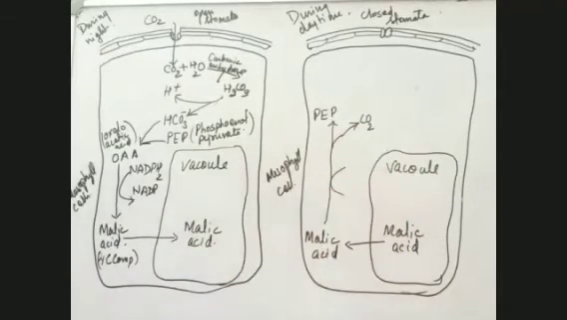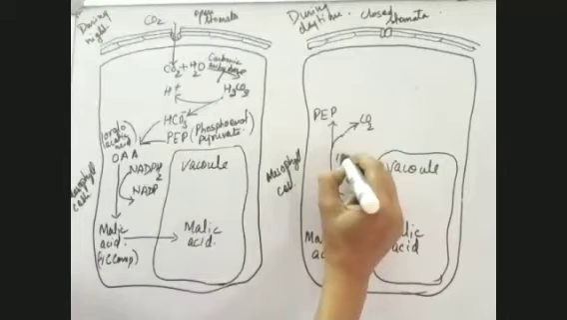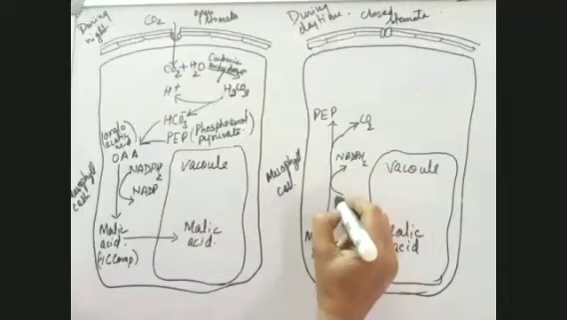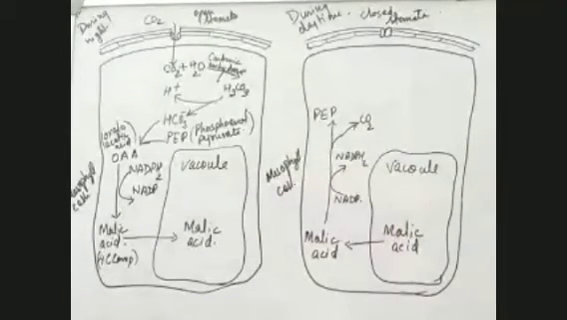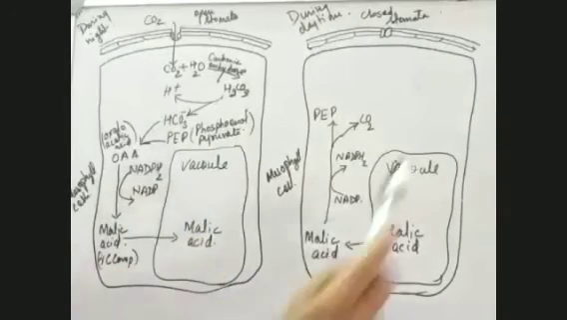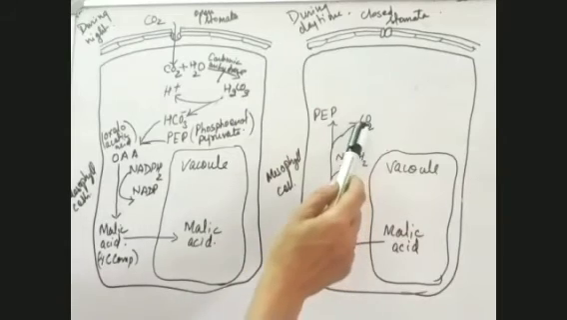At the same time, one high energy compound, which is NADPH2, is synthesized from NADP. So this happens during the night time. During the night time, the malic acid keeps on depositing in the vacuole. Then during the daytime, when the stomata are closed, the malic acid diffuses out of the vacuole, and dissociates to form carbon dioxide and